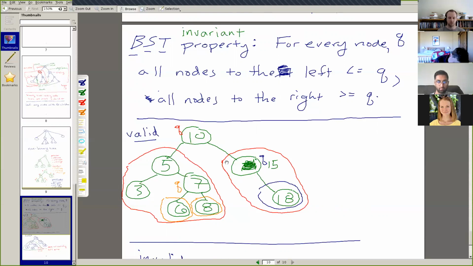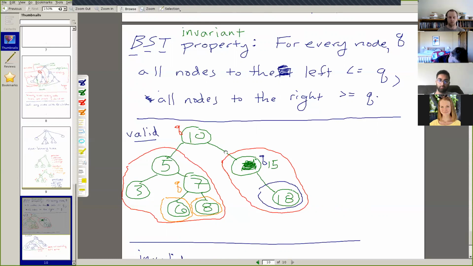And this should hopefully seem familiar to the binary search algorithm itself, where at each step we compared whether the current location is less than or greater than what we're looking for, and went to the left or the right accordingly.